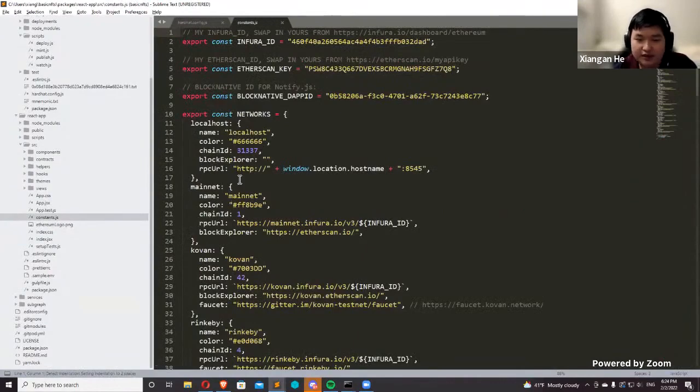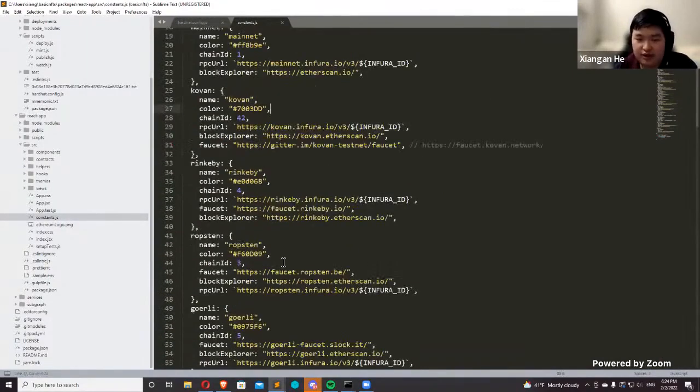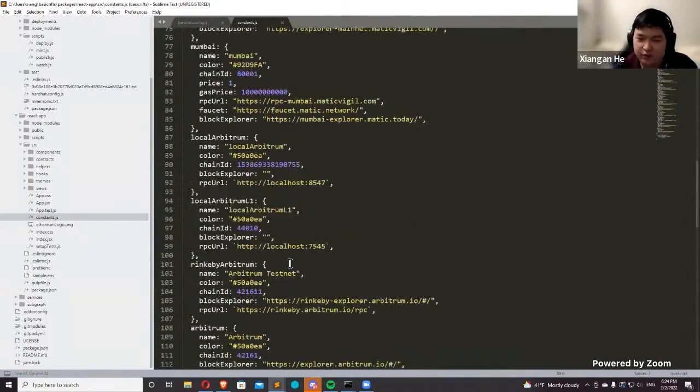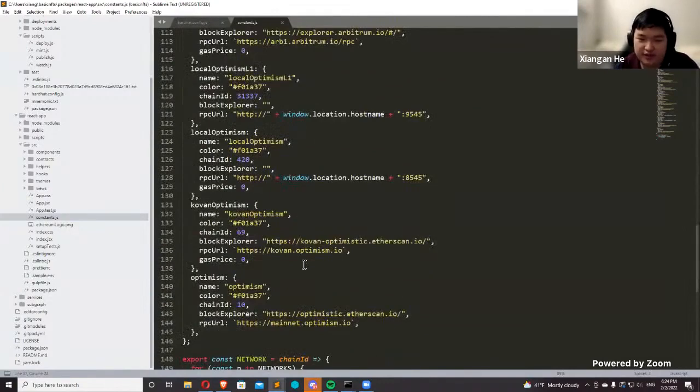Right here, so essentially what this is, is just a lot of front end networks. I'm pretty sure Austin also had a workshop. He probably went over this already. If he didn't,